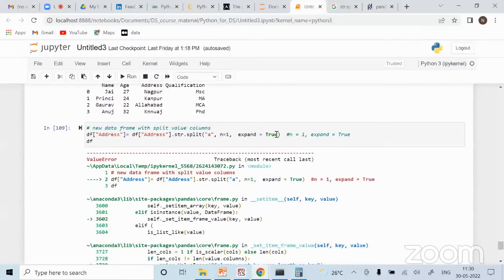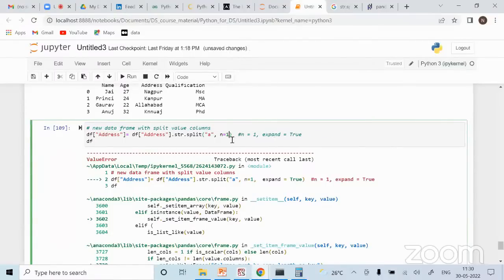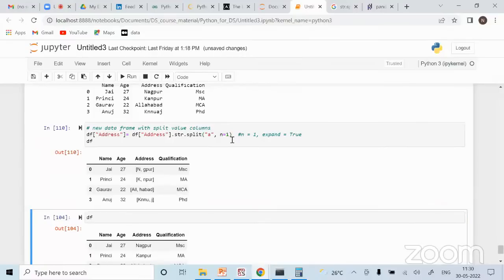Anyhow, your purpose is getting solved even though you don't use expand, because, as I said, you just want to split it and put it into a list, and that is already solved with this. So you may not even have to use this particular thing. That's how you can do the splitting using a separator and give a maximum number of splits.